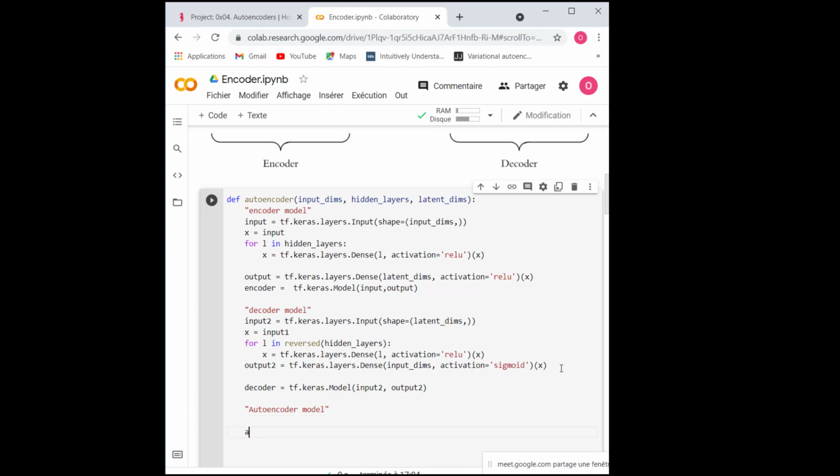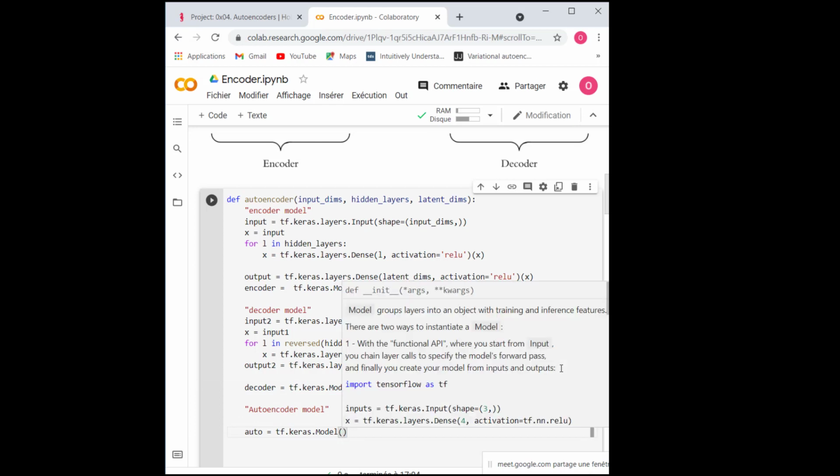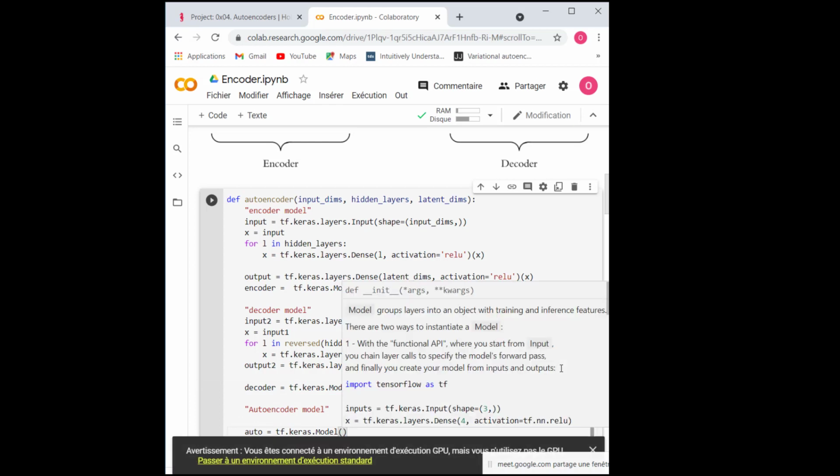I'm just going to call it auto, equal to the concatenation, let's say, of both the models. As input, it will take the first input, the input of my encoder.